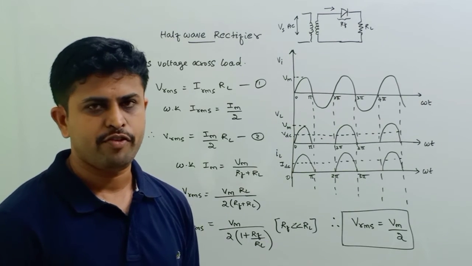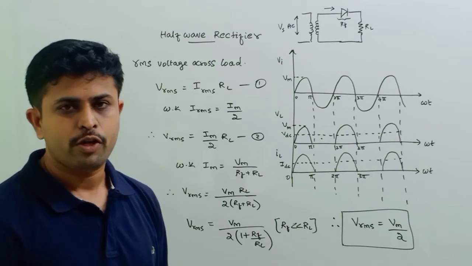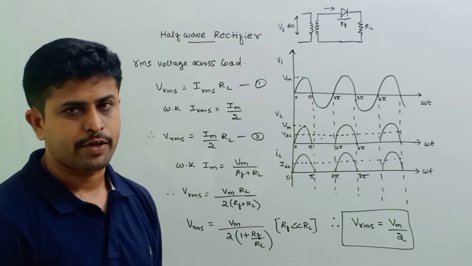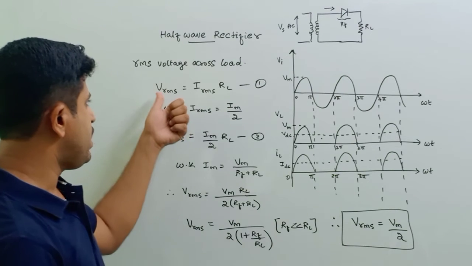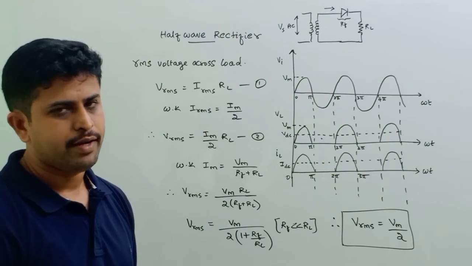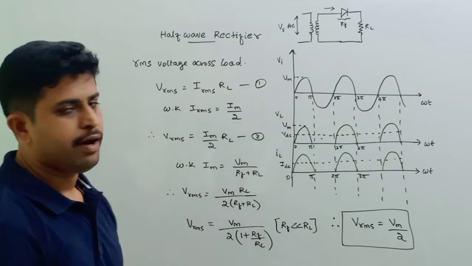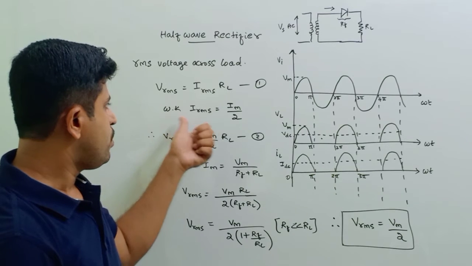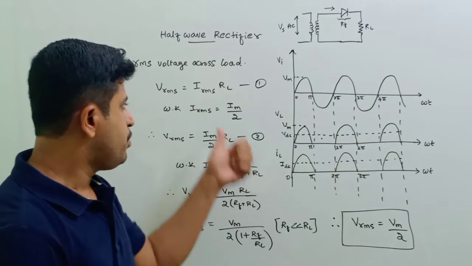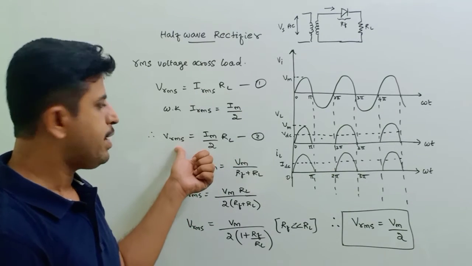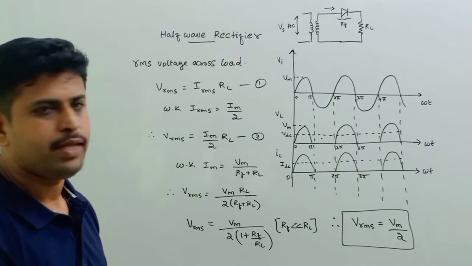Here we will obtain the expression for Vrms, that is the RMS voltage across the load of this half-wave rectifier circuit. We know that V is nothing but I into R, so therefore Vrms can be given by IRMS into RL, because we are finding Vrms across the load, so we are writing RL here. We know IRMS is nothing but Im by 2, already we have proved this. Using this in equation 1, Vrms can be written as Im by 2 into RL, and we also know that